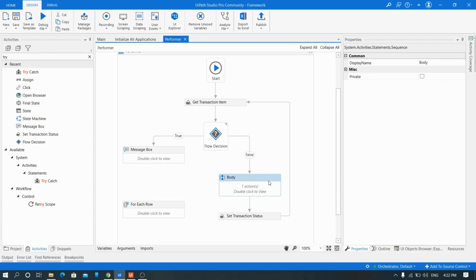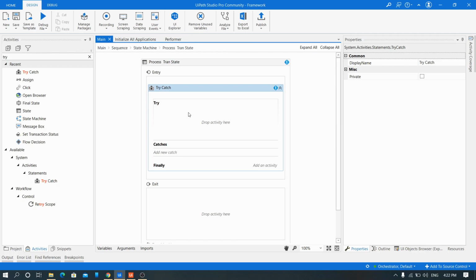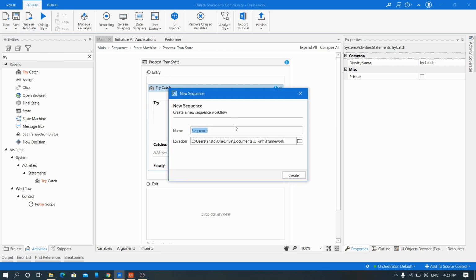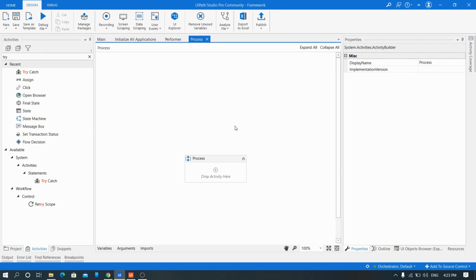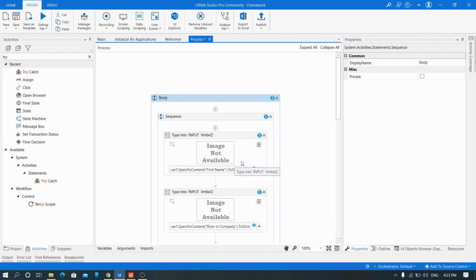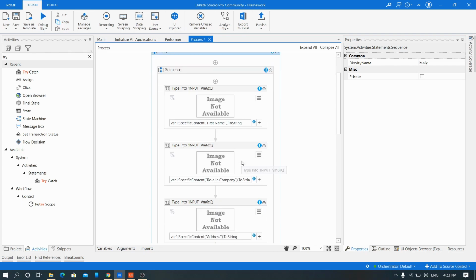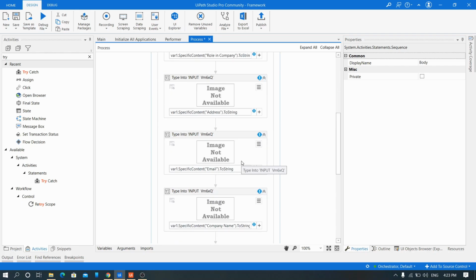In the body, what we'll do, we'll copy this out straight away and we'll create a new sequence, Process. We'll paste our sequence here. We got everything.